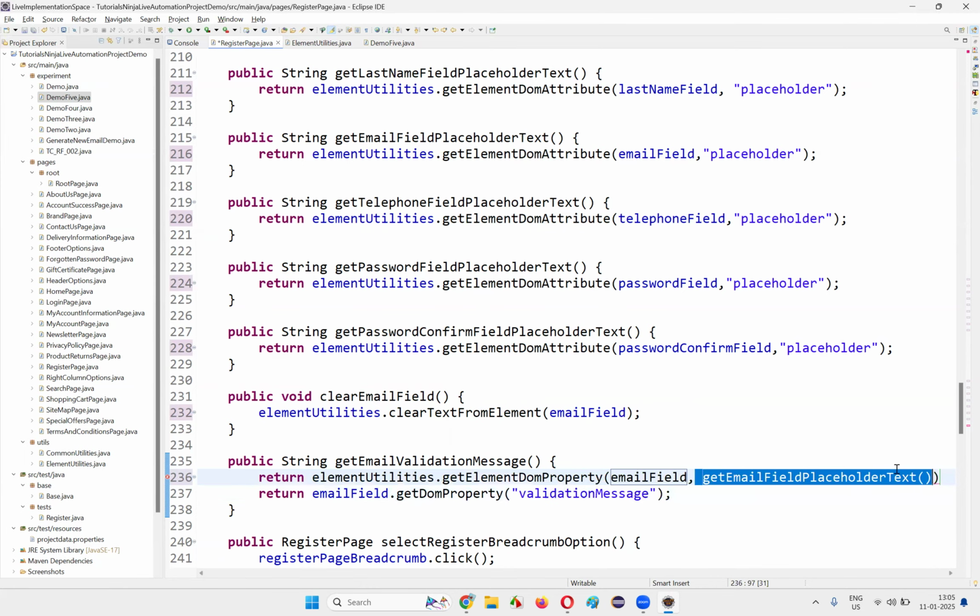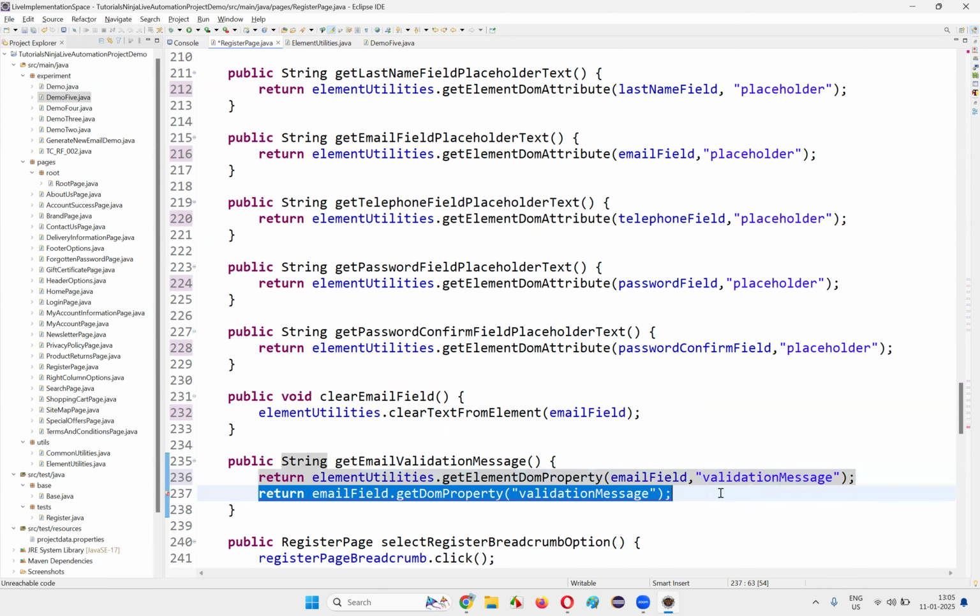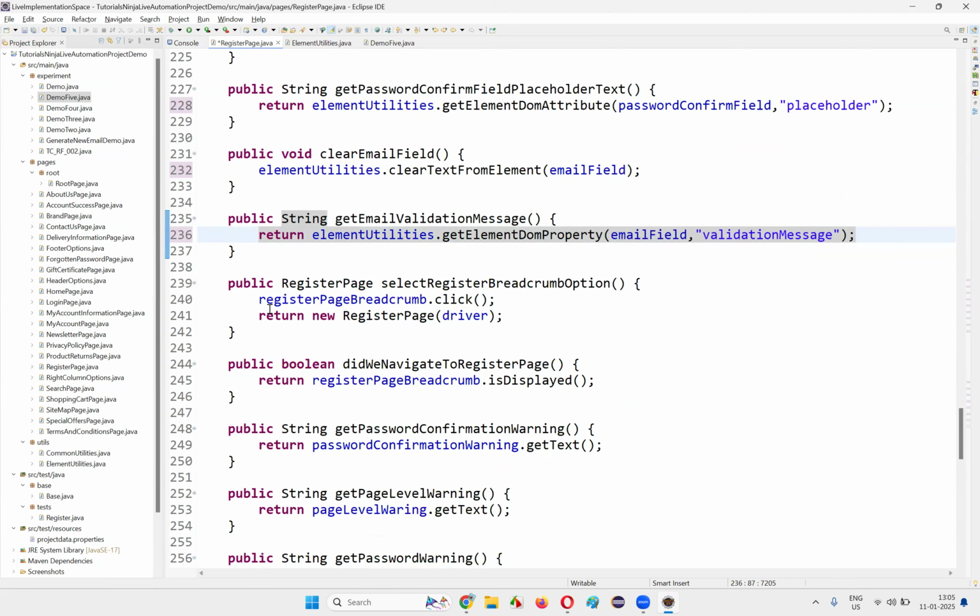Okay, here write down the validation message. Put a semicolon here. That's it, done. And remove this line. Next one, next one is